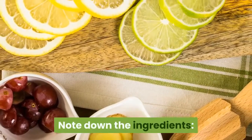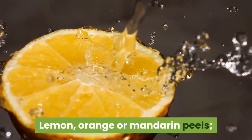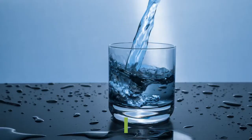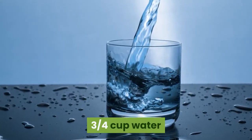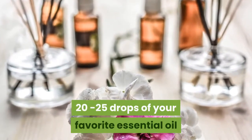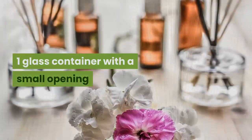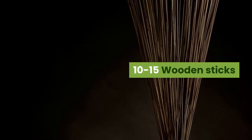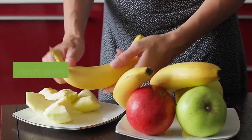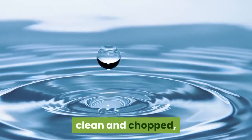Note down the ingredients: lemon, orange or mandarin peels, 1/4 cup rubbing alcohol, 3/4 cup water, 20 to 25 drops of your favorite essential oil, 1 glass container with a small opening, 10 to 15 wooden sticks. To make your natural air freshener, start by putting the peels, clean and chopped, inside the